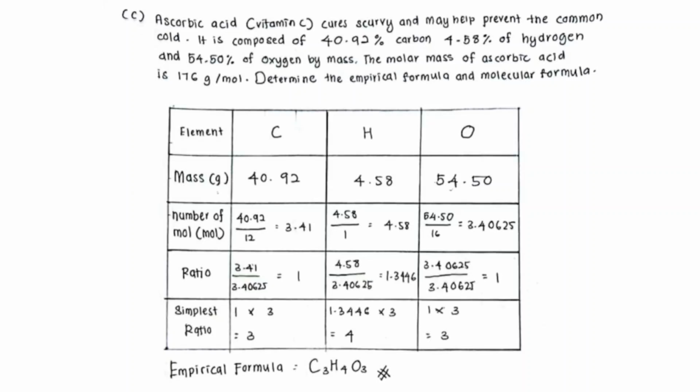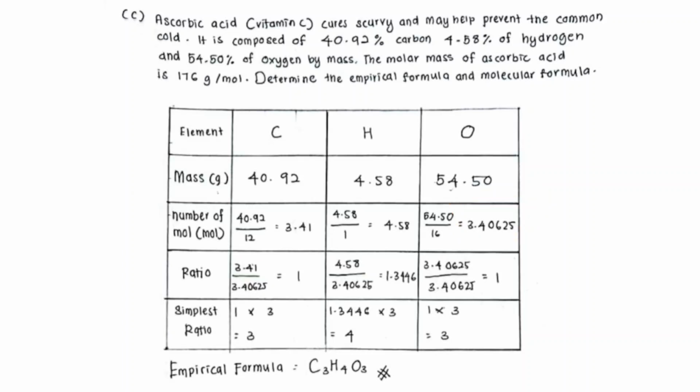Next, we need to find the number of moles for each element. For carbon, 40.92 will be divided by the mass of carbon, which is 12. So 40.92 divided by 12, and you will get 3.41 mole. And for hydrogen, 4.58 divided by 1, and you will get 4.58. And then for oxygen, 54.50 will be divided by 16, and you will get